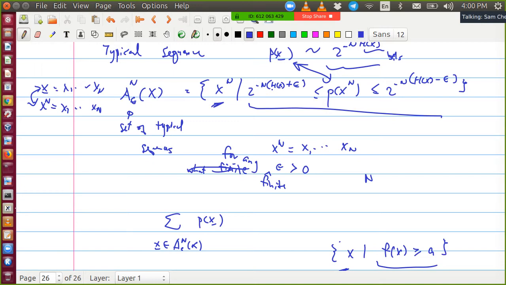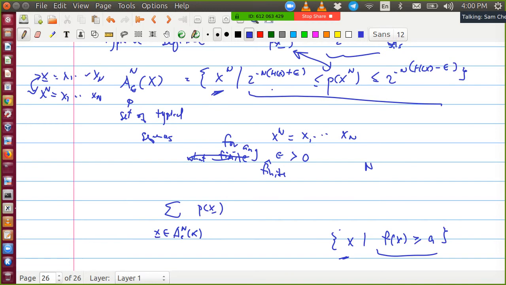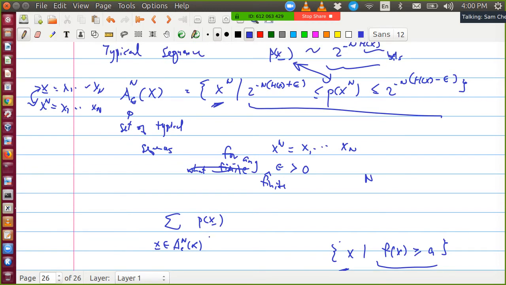Because any sequence is typical in this sense, if you sum over all these probabilities, here I'm just summing the probability of all the typical sequences. Of course this will be less than or equal to 1, because you can have sequences that are not typical, but those will be very tiny. So we may write it as equal to 1 minus delta, and this delta is pretty small. The delta goes to 0 as n goes to infinity.